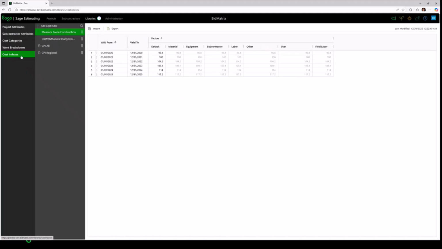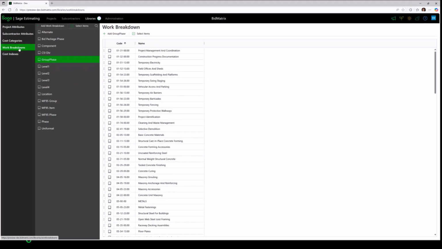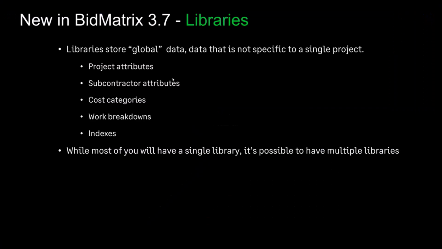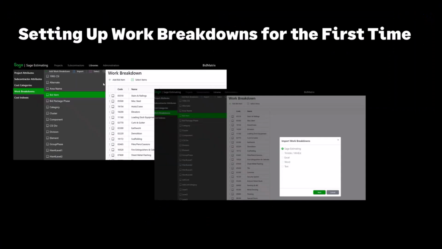One of the things I talked about here is, I'll come back to work breakdowns. If I don't have any previous projects to essentially mine and create these work breakdowns for me automatically, what do I do? And one of the things that we added to the system is, at the top of the work breakdown structure dialog window, there's an option called import. So if I didn't have any work breakdown structures set up at all, I could click import, and you see this dialog will open up,